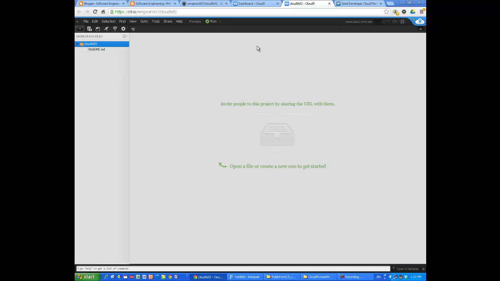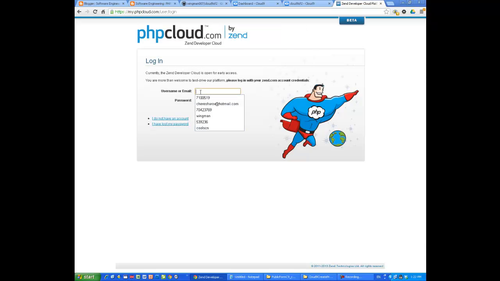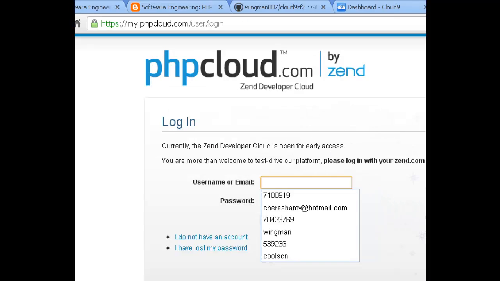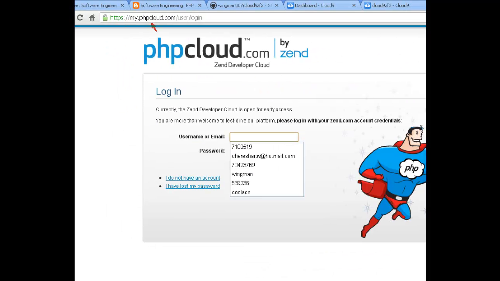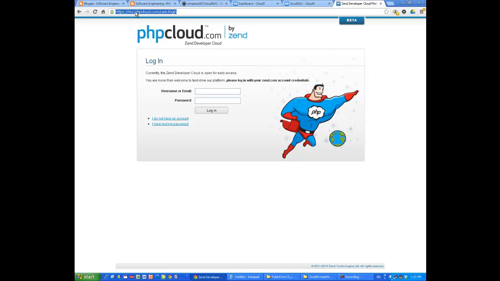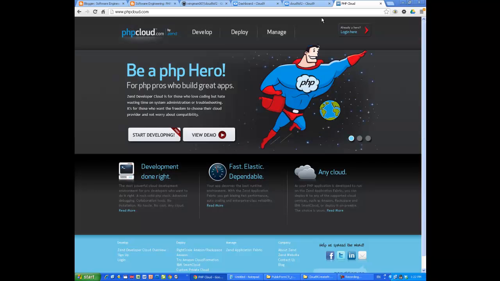Now let's go to Zend Developer Cloud. Here it is, the URL. If you type only phpcloud.com, we'll go there. After that you click on the sign in and you're there. Let me show you that. I just don't want to waste your time, but at the same time I want to show you how everything looks. Here it is. If you type phpcloud, log in here,